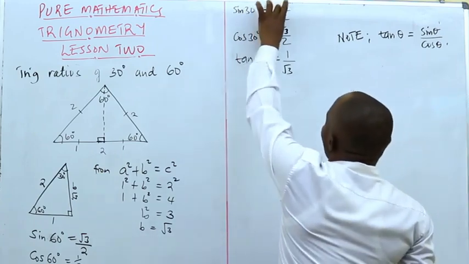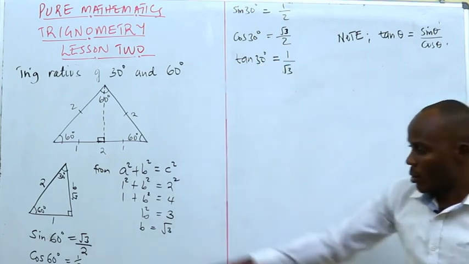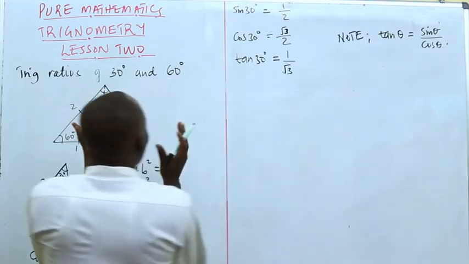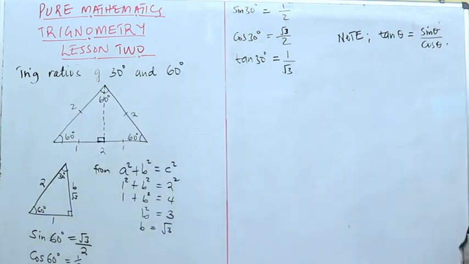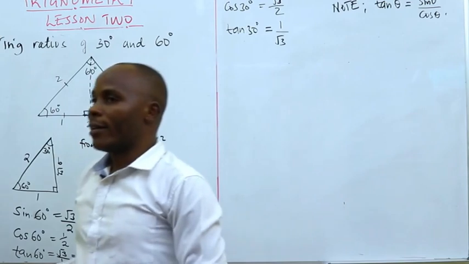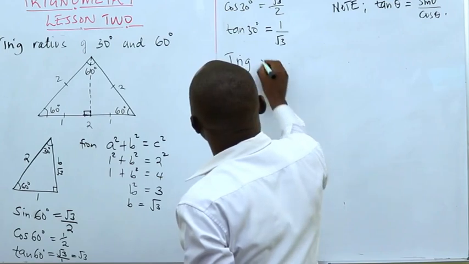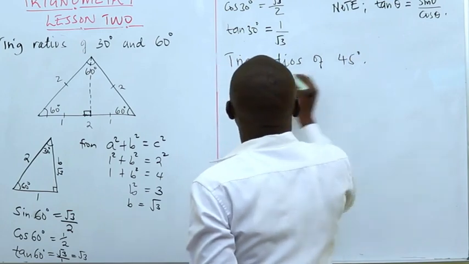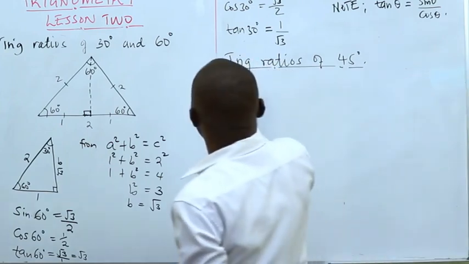If you divide this by this, you'll come to what we have there. Now, this one is the trig ratios of 30 degrees and 45. We have looked at cos of 30, sine of 30, and tan of 30. We have also looked at the sine of 60, cos of 60, and tan of 60. Then we can also look at the trig ratios of 45 degrees. So what we are going to do with this, we are going to consider